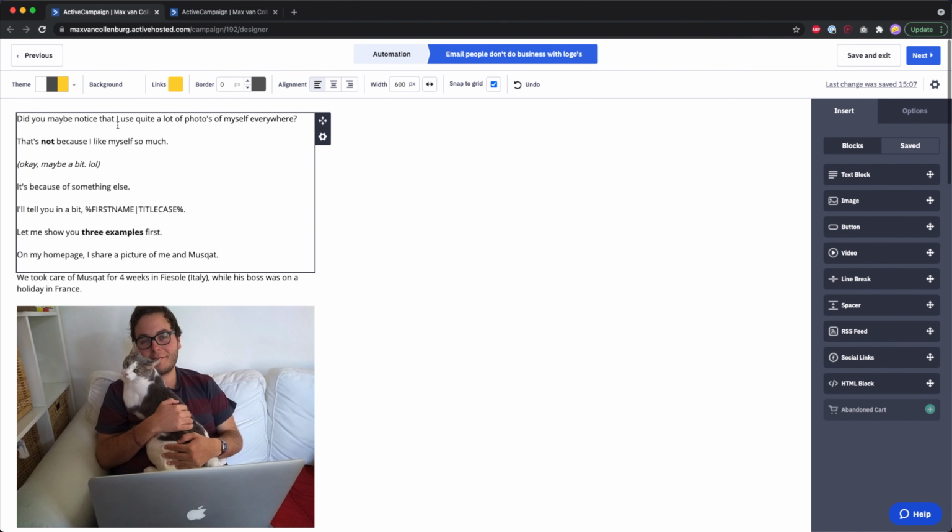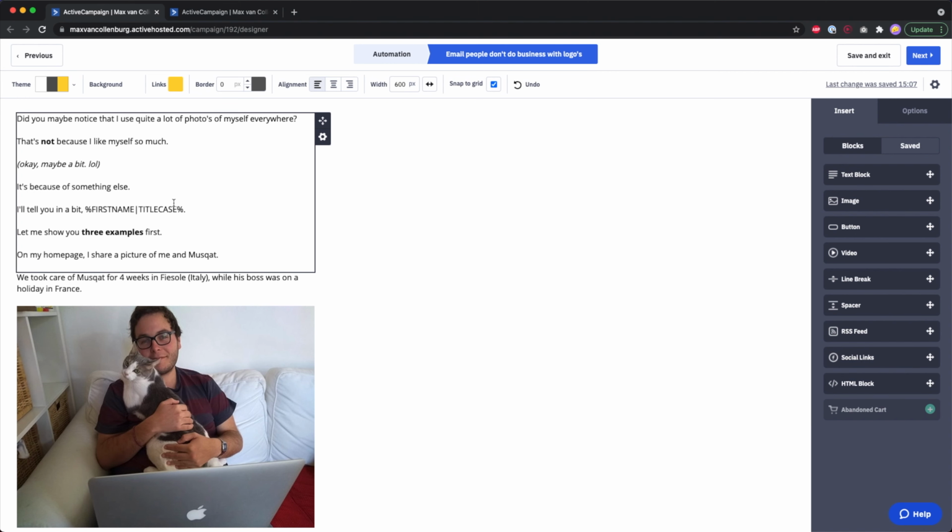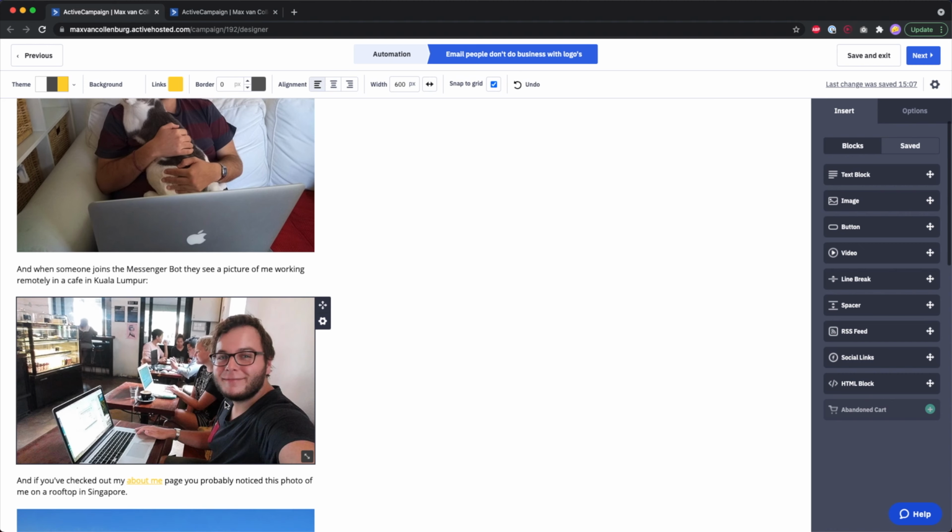sometimes. So sometimes suddenly it would change the font after I sent out the email, or it would change the font size, or suddenly there would be weird white spaces in between the emails, or when I would copy a text and then paste it in here, then it would copy the markup from my Word document, something like that, and then it would break personalization tags. So really not so great.